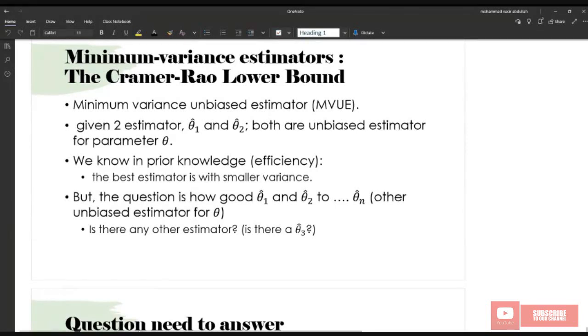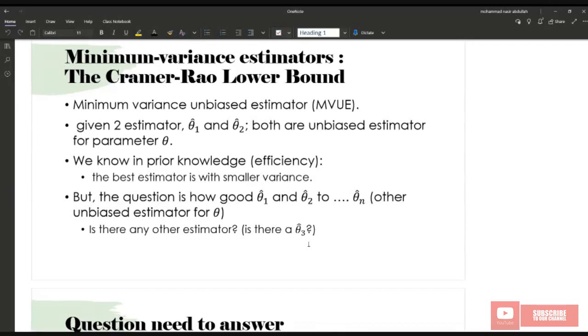We also don't know which estimator is best, and basically we don't really know how many estimators there are to estimate the PDF. So let's say we want to know which estimator has a lower or minimum variance compared to other estimators. We're going to use the minimum variance unbiased estimator, MVUE,